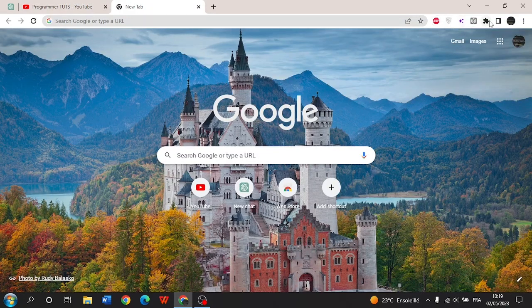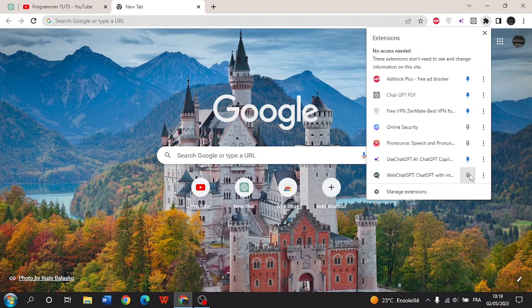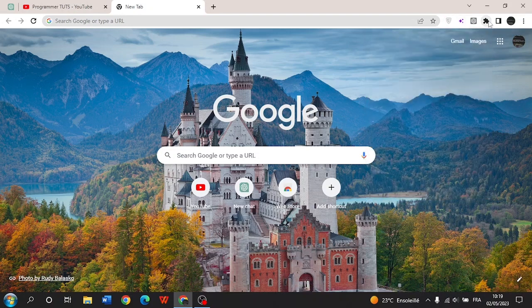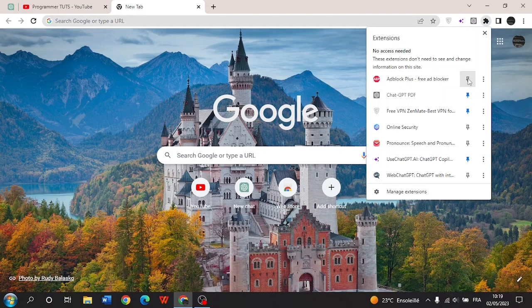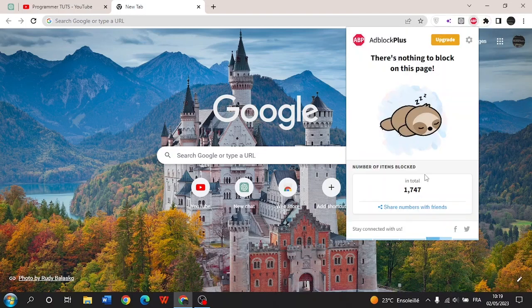If it doesn't appear, you can find it here, and you will click here the pin thing to pin it. If it's not here, just click here on the extension and click on the pin. So you're gonna pin it here, and when you click, you will find the total number of the ads that